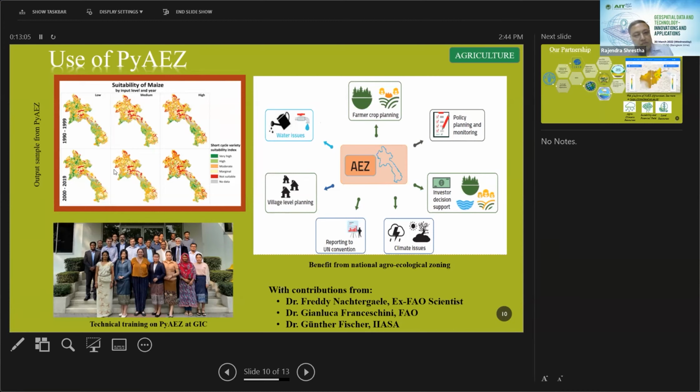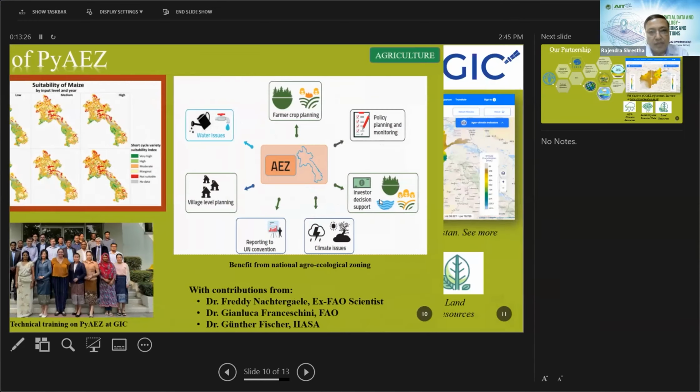We also conducted some of the trainings. If some of you are interested, then it is possible to have this kind of further training. So this is not only the one output, there could be a series of outputs as explained in the methodology that can be produced and that can be displayed using other interfaces in the GIS.